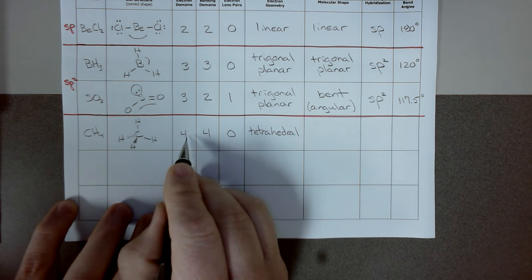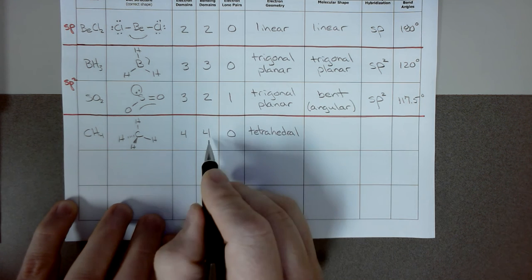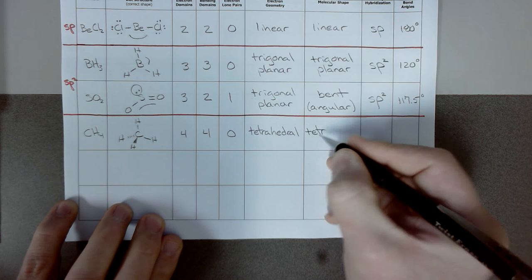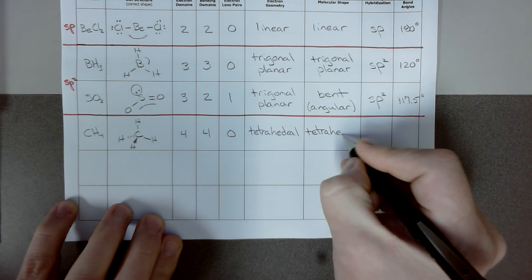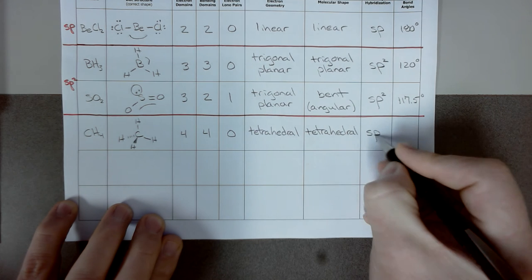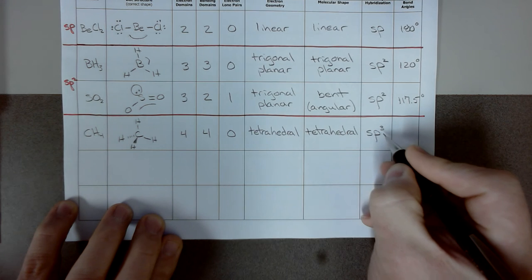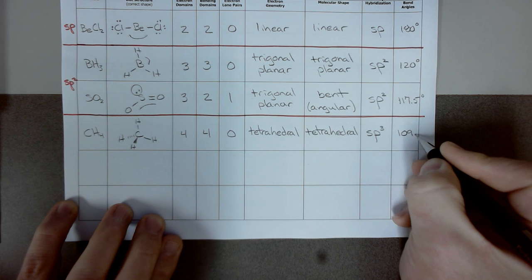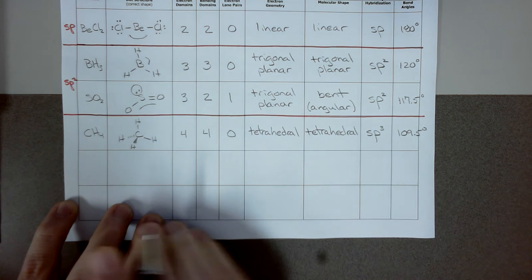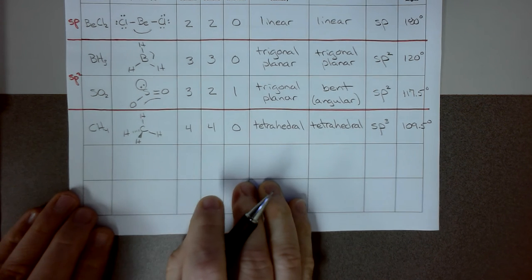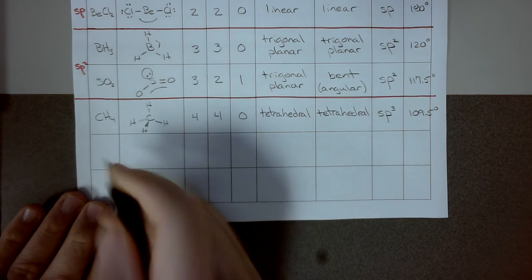And since the electron domain and bonding domains are the same, the shape of the molecule is the same as the electron geometry, tetrahedral. Now it's got 4, so it's sp3, 1, 2, 3, 4 hybridized. And the bond angle is 109.5 degrees between each bond. That's the furthest they can get away in a 3-dimensional space. The next one we're going to look at is ammonia,